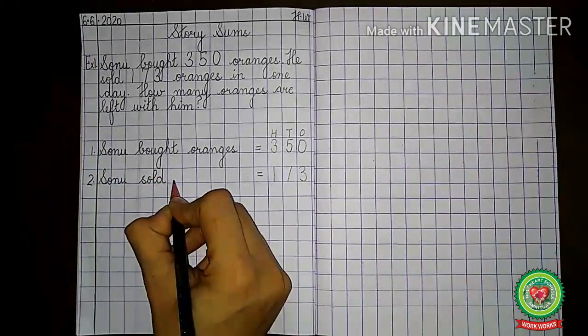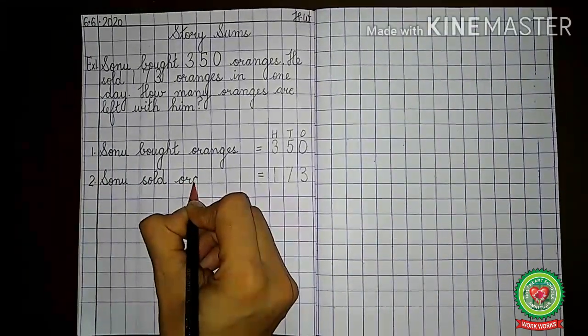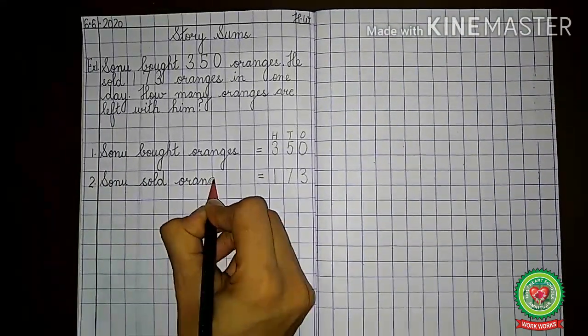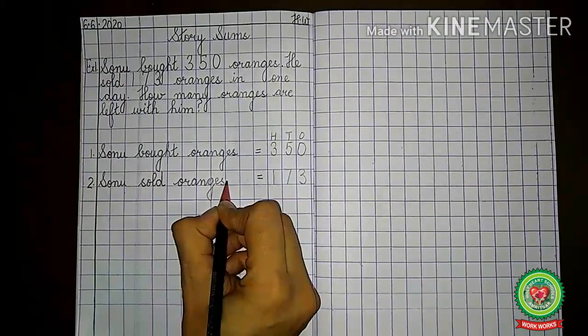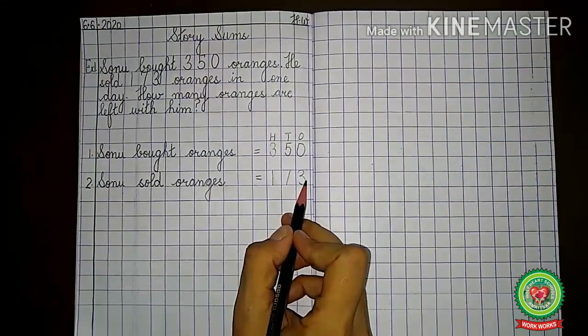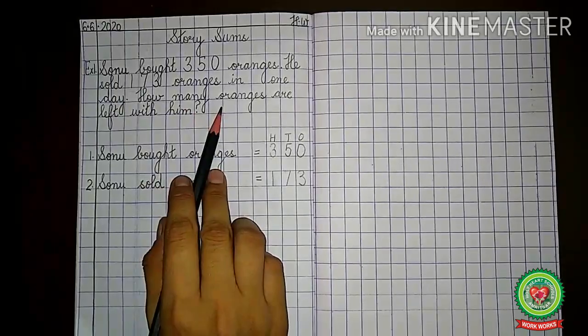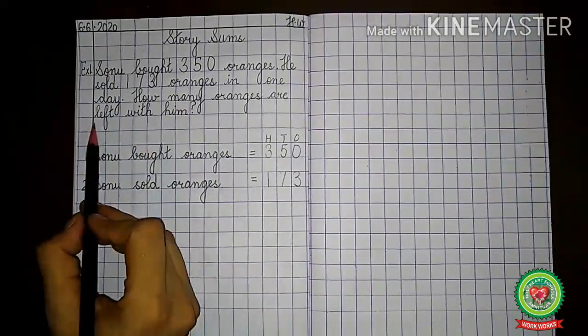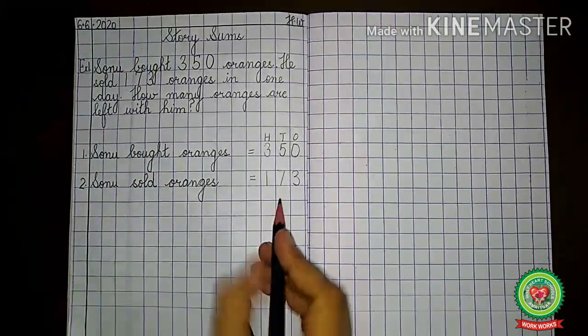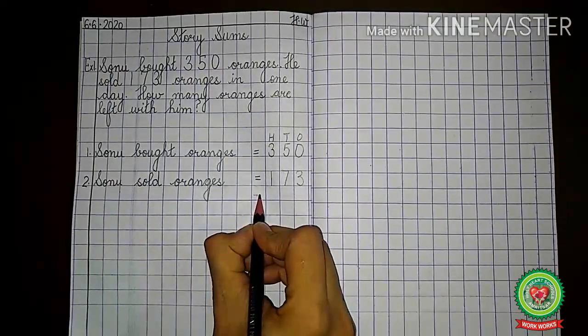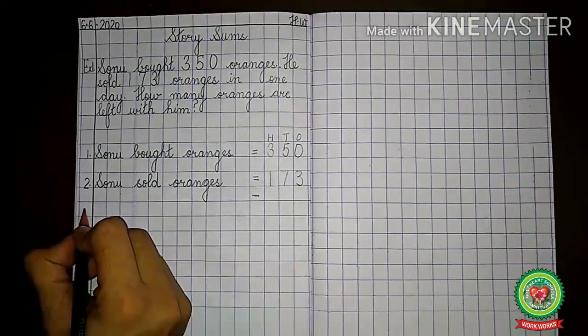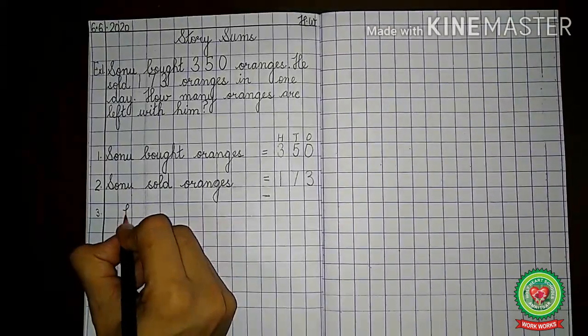S-O-L-D sold oranges. O-R-A-N-G-E-S. How many? 173. How many oranges are left with him? Now children, left means this is the sum of minus. So our third statement will be left